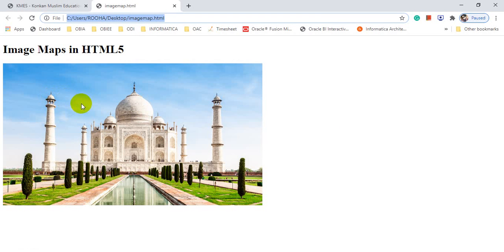Initially it's an arrow, but when I move toward that particular hotspot, it becomes a hand. That is a link. It shows that link, and you can notice in the bottom that when I move my cursor towards that particular hyperlink, the address is showing on the bottom.